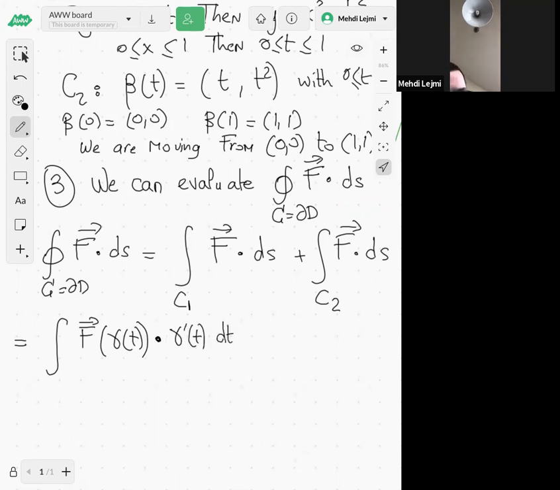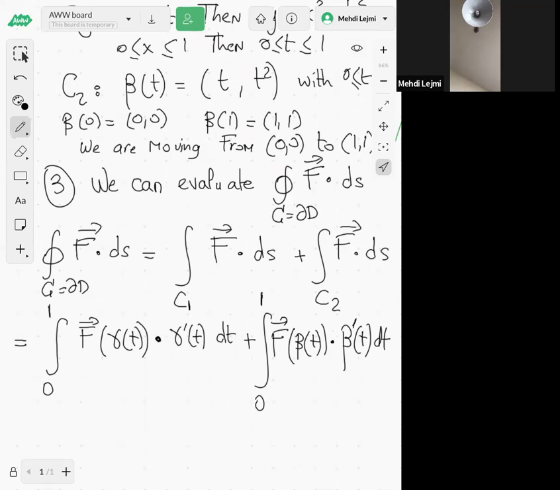So t here on C1 is in the interval 0, 1, and the same for C2, which is parameterized by beta of t. So again, t is between 0 and 1. It's f of beta of t, scalar product with not gamma prime, but beta prime, because my curve C2 is parameterized by this beta of t. So beta prime of t dt. All right, so then that would be equal to,